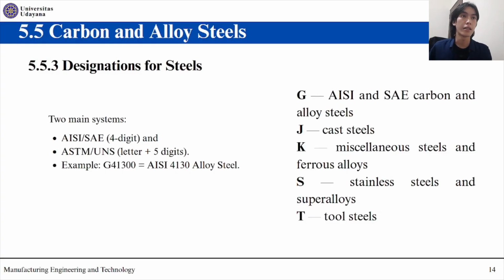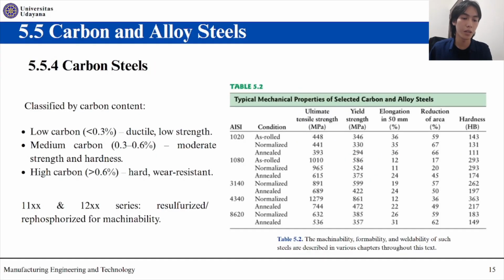Okay, designation for steel. Steel grades are classified using a specific designation system. The most common are the AISI or SAE system. The second is ASTM and UNS. For example,